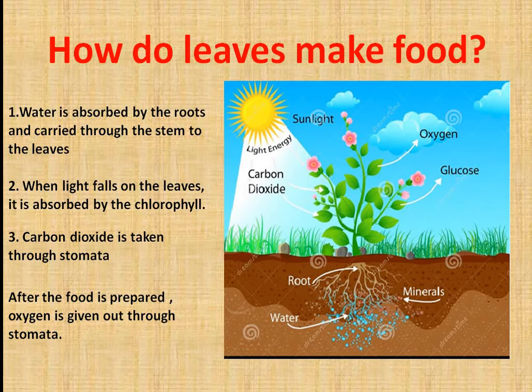The part which we actually use is called starch, which the plant stores in different parts of a plant, and those parts we eat for our own needs, like spinach, different leaves of a plant. That means the starch is stored in the leaves of the plant, and that part we eat to get the energy. This is all about how leaves make food.